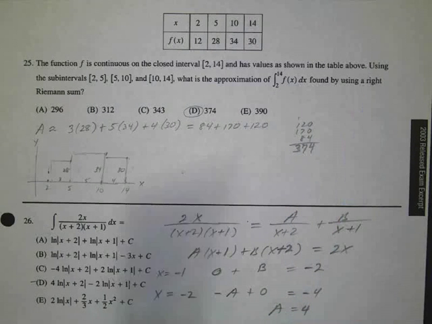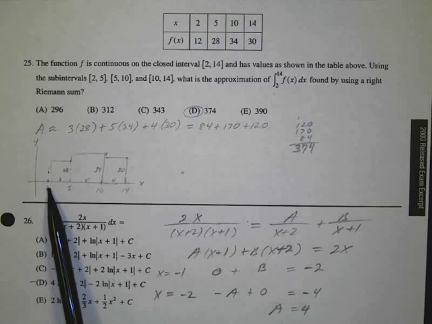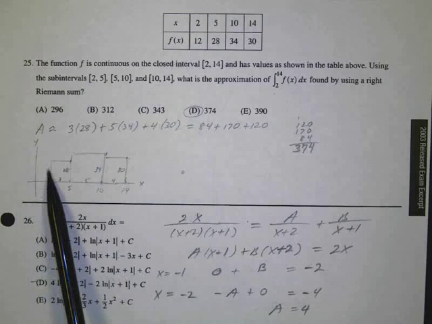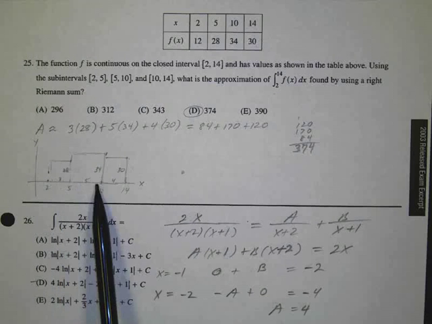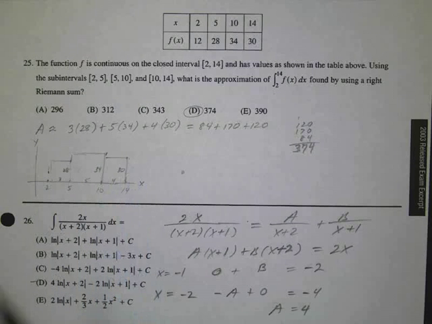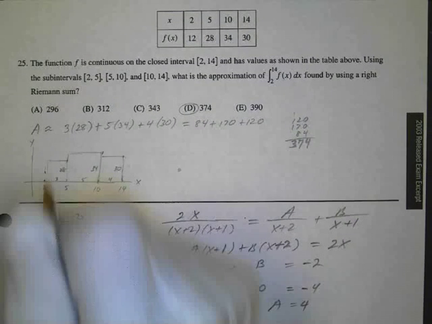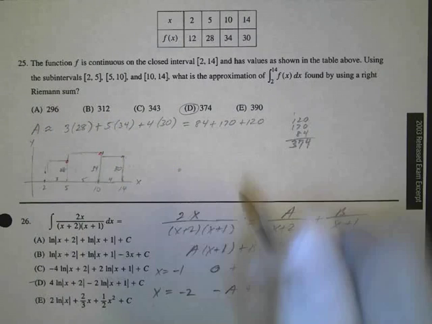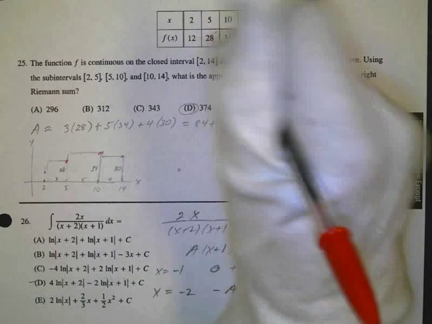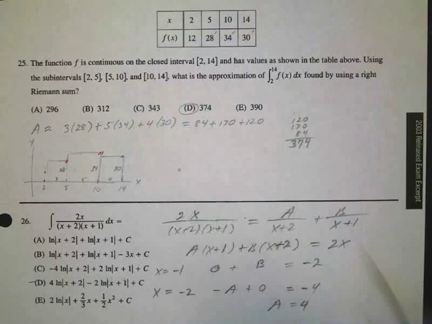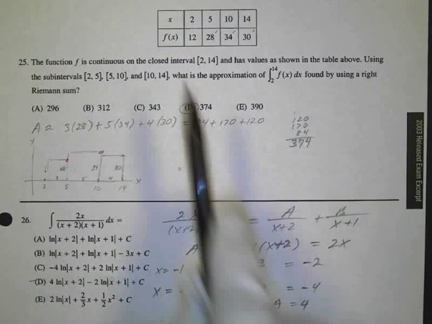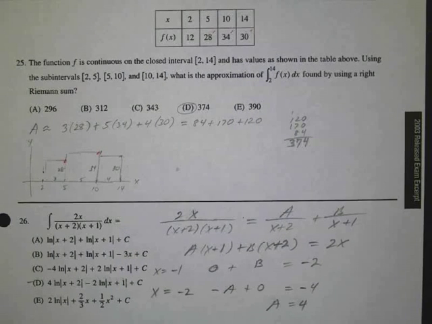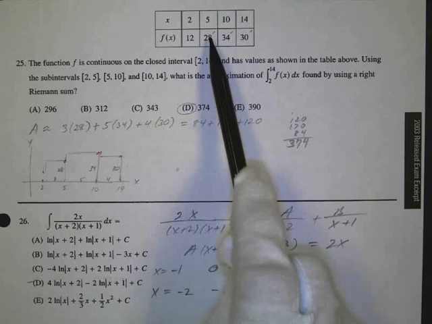Riemann sum? So I kind of put a little sketch here. These are my intervals, so you just can see. And this is going to be the 12, the 28, the 34, and the 30. So if we're going to use a right Riemann sum, we're going to use the right endpoints. 1, 2, 3, or these right endpoints here. If it was a left Riemann sum, we'd use these 3. But it's right, so we're going to use those for the altitudes or the heights